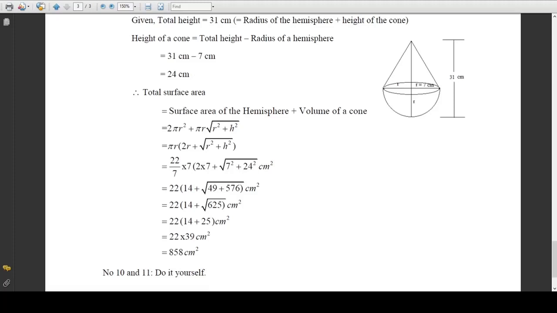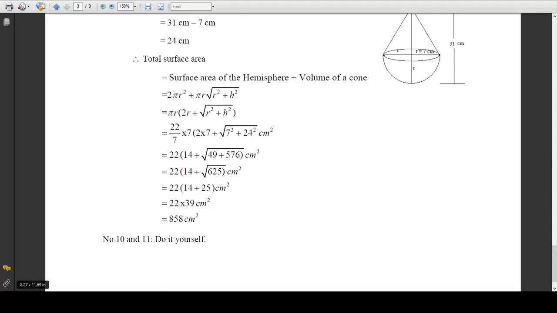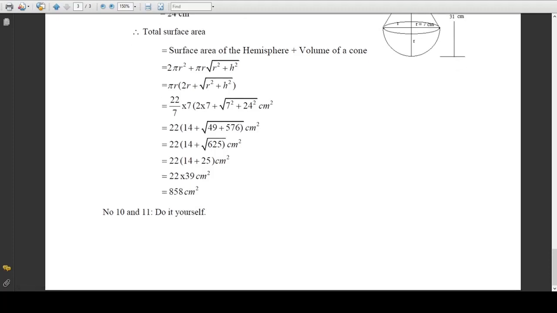Okay, is this clear to you? Numbers 10 and 11 you can do by yourself, since they are almost similar to this. You can try to do them by yourself, and we shall discuss them on the next part,